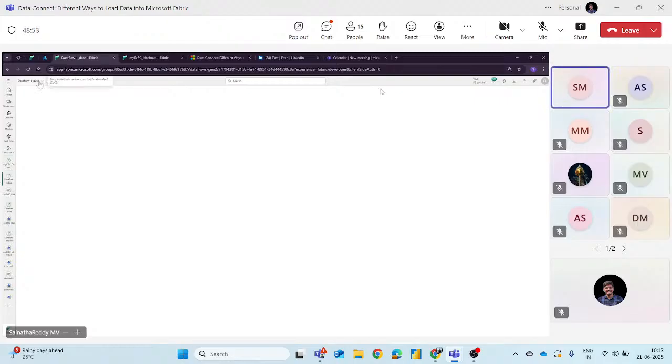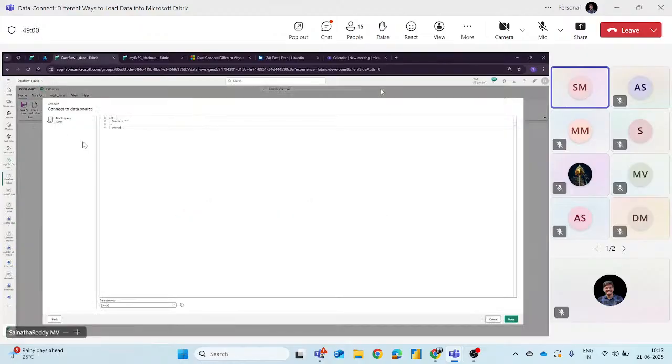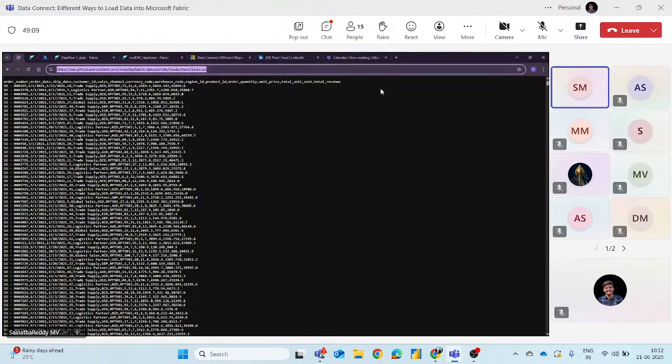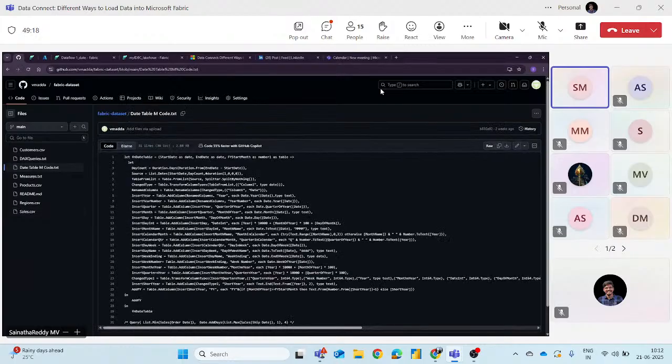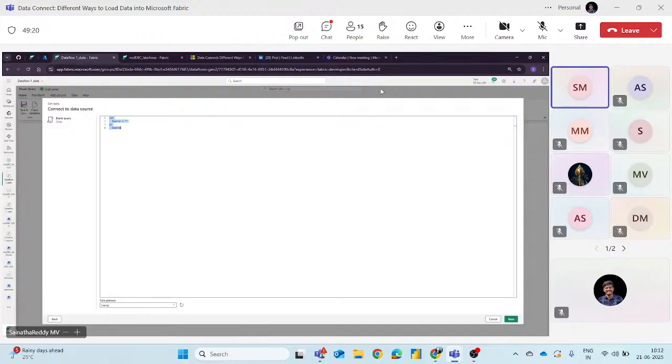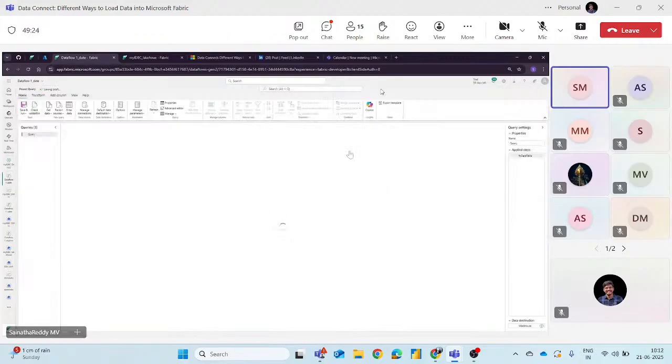If I create one more dataflow, what will happen? It will show an error, I think. We'll go with a blank query to create a date table. In Power BI we create date tables, right? To save time, I want to create the date table using M language in Power Query. It's simple, just copy and paste.